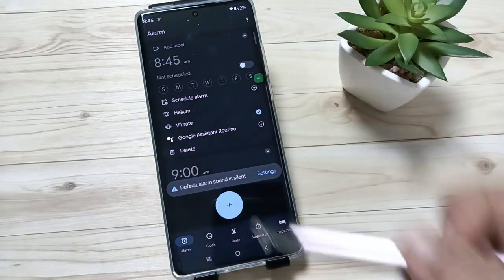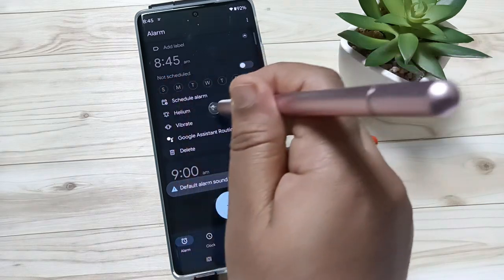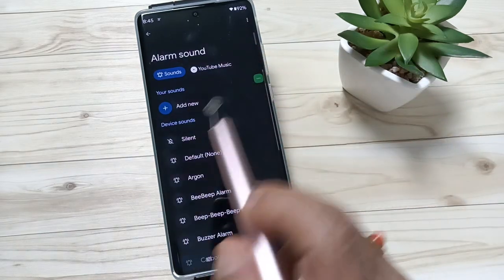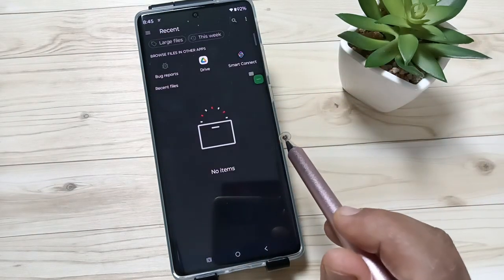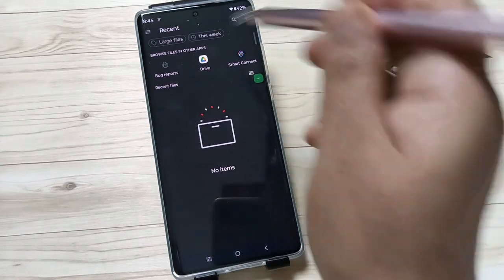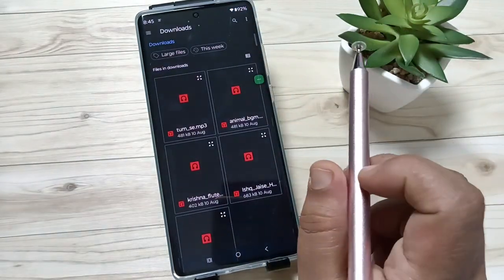So if you want to customize, that means if you want to set a ringtone that you downloaded to the device, then again tap on the ringtone button. Then here you can see the option add new, tap on this one. Then from here you need to select the file where you downloaded your mp3 file, and from here you need